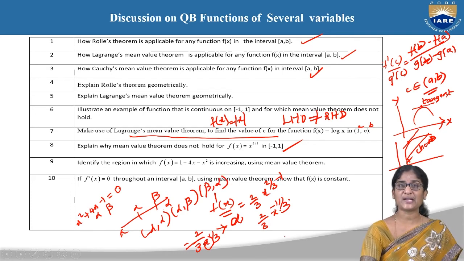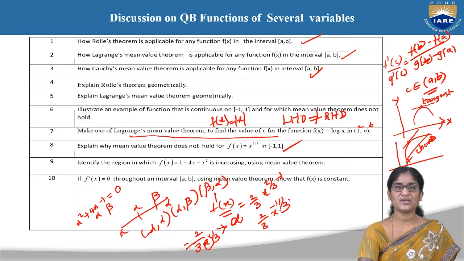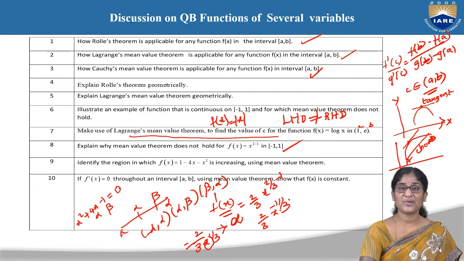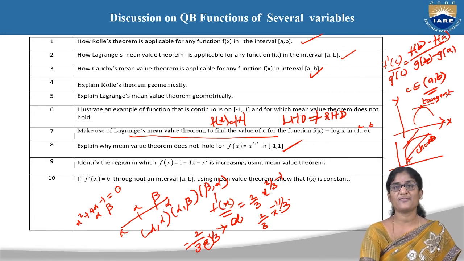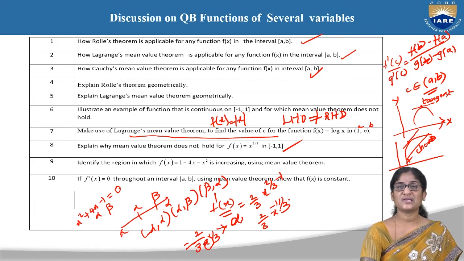In each and every part, take one point and try to substitute here. If it is greater than 0, then you can say that it is increasing. If it is less than 0, then you can say that it is a decreasing function. So like that we can say. And also, not only like this, by looking at the derivative also: if the slope of f dash of x is greater than 90 degrees, then you can say that the function is a decreasing function. If it is less than 90 degrees, then the function is an increasing function.